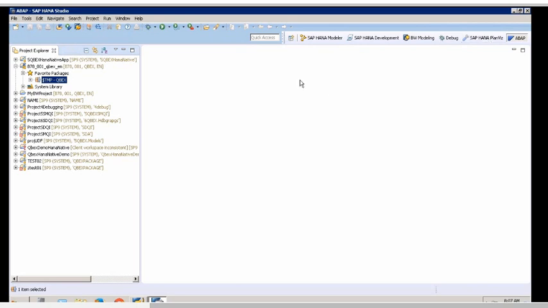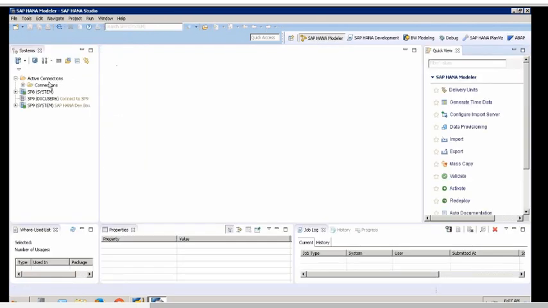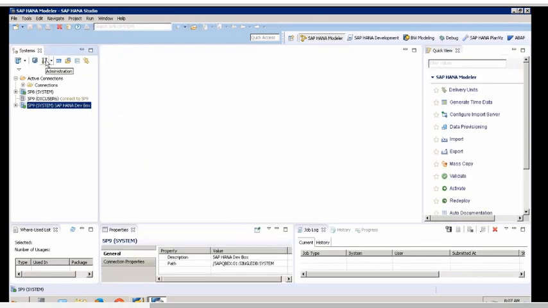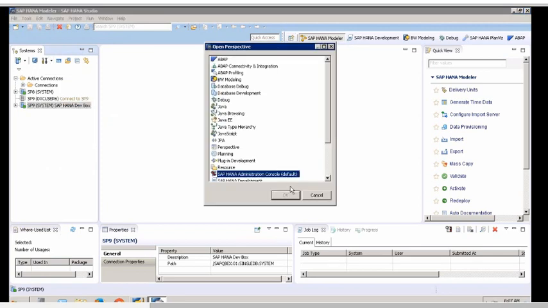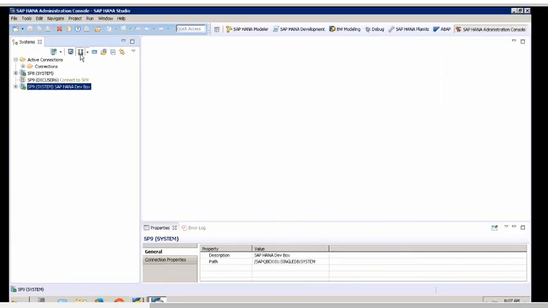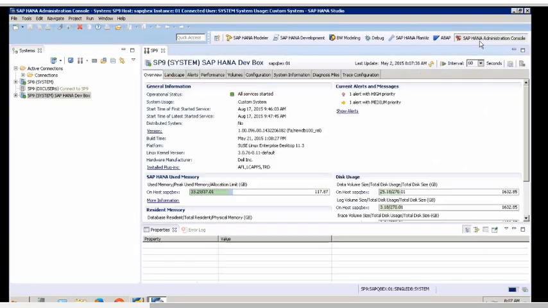Let's say I want to go into administration. I would like to get into the administration console. So when I go to administration, suppose a basis person logs in, he would like to work on admin. Then he'll have his own perspective of working. So it will be a single tool, but for each kind of role or each kind of activity you want to do, you'll have different perspectives. That is what they call a perspective.